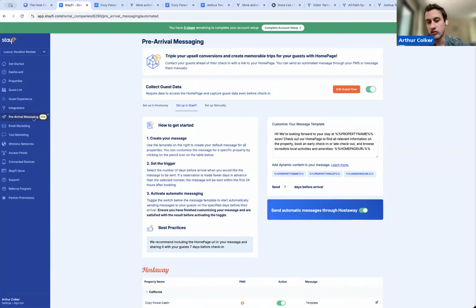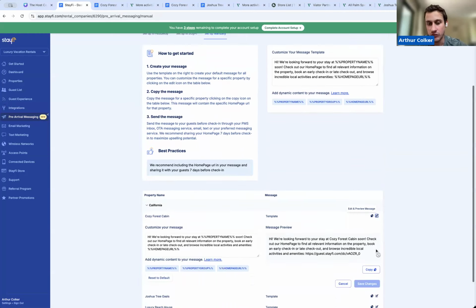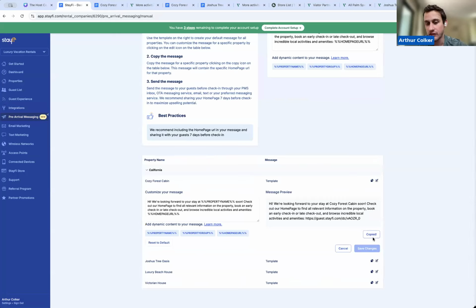Even the pre-arrival messaging you can do without the integration. We always have this setup manual option where, down below, if you hit edit and preview message, you can take this message and just copy it into your software. So you just take this message and it will already include the link to that home page that you want to send somebody to. So you can copy this message or just copy this link here even,